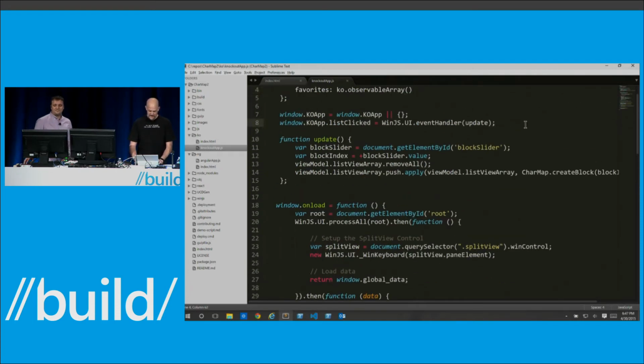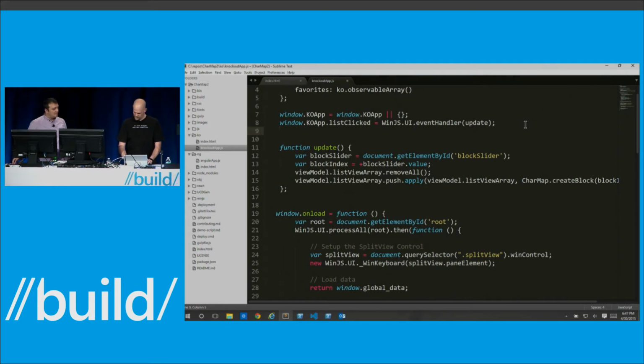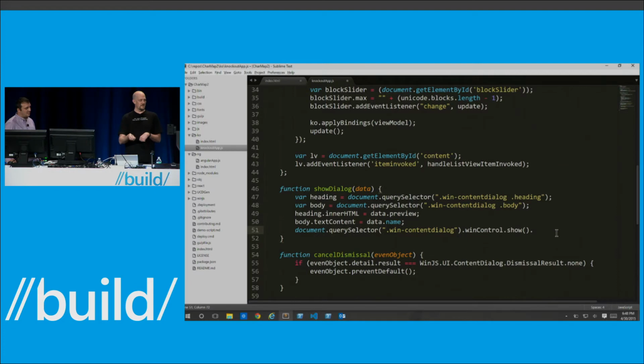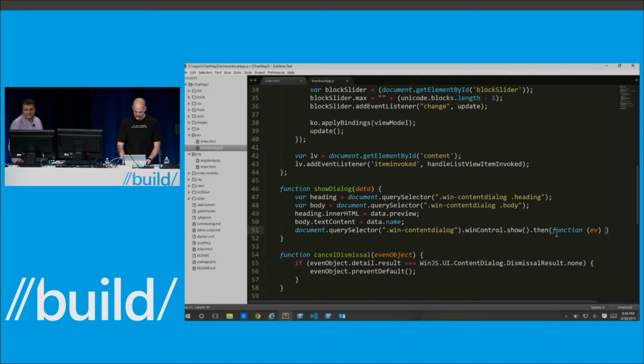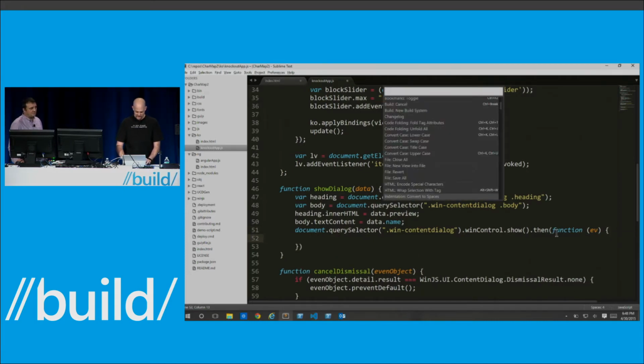So the first thing we need to do is add a click handler. So we'll think about what we're trying to type. Yeah, I told you it's a very evil trick to Chris, because he's thinking about 3 frameworks at a time right now. So the first thing we have to do is we're going to go and add a handler. So once you click the favorite button, the way the dialog returns that is you call show, and there's a value that comes back on it. So we'll say then, and we say function, we get back an event. And so inside of here, we can go in and see what the value is. So what we'll do is,